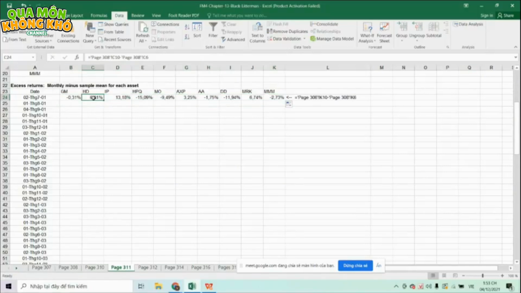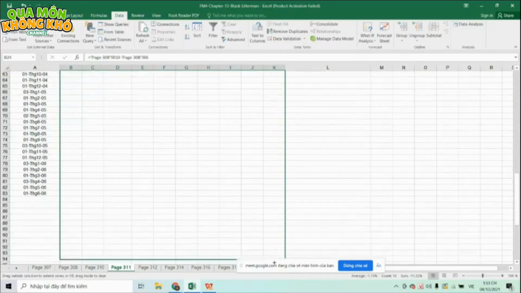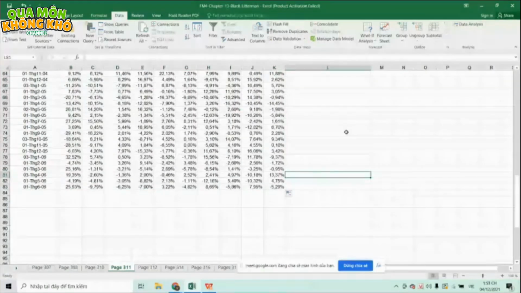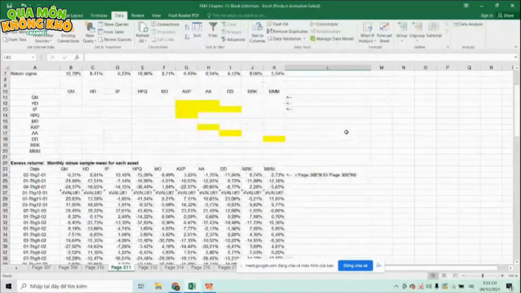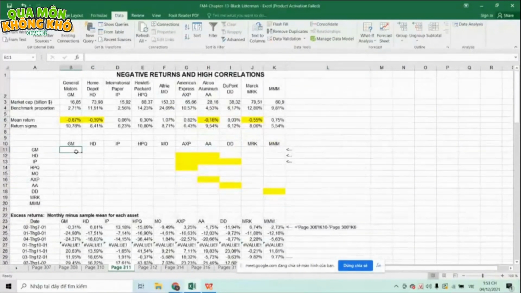Not here. And we will have the whole table of the excess return. And then here we will calculate the